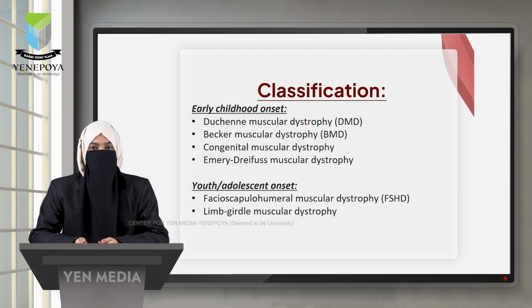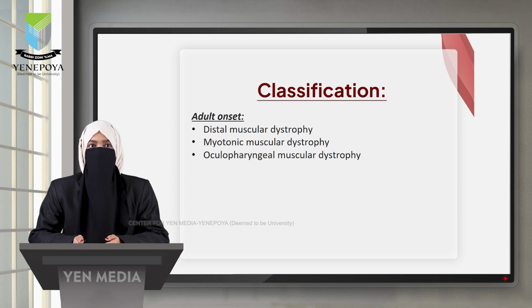These are the classification or types of muscular dystrophies based on the onset. We have early childhood onset, youth or adolescent onset, and adult onset. In early childhood onset, we have Duchenne muscular dystrophy, Becker muscular dystrophy, congenital muscular dystrophy, and Emery-Dreifuss muscular dystrophy. Based on youth or adolescent onset, we have facioscapulohumeral dystrophy, limb girdle muscular dystrophy, and based on adult onset, we have distal muscular dystrophy, myotonic muscular dystrophy, and